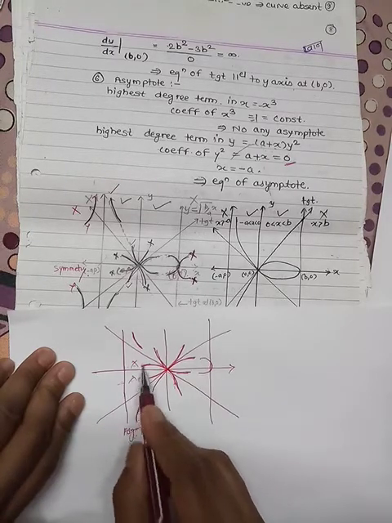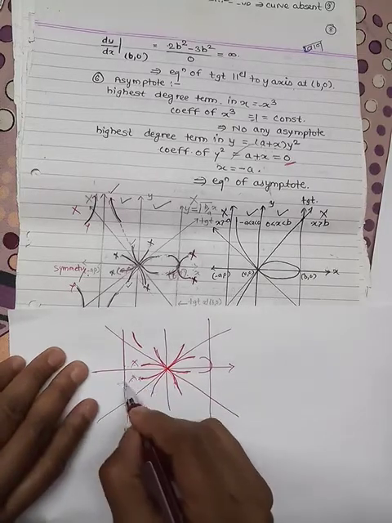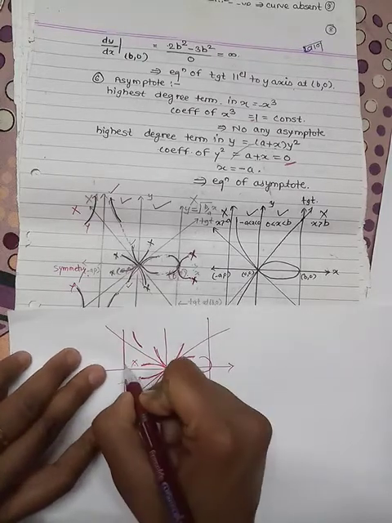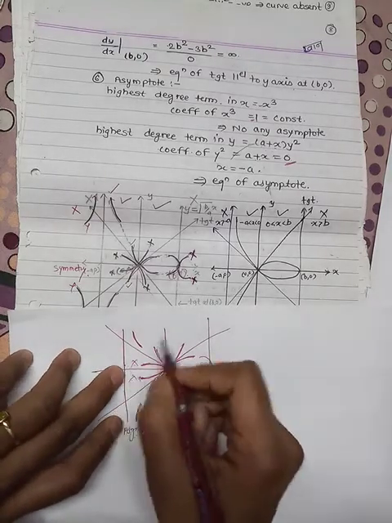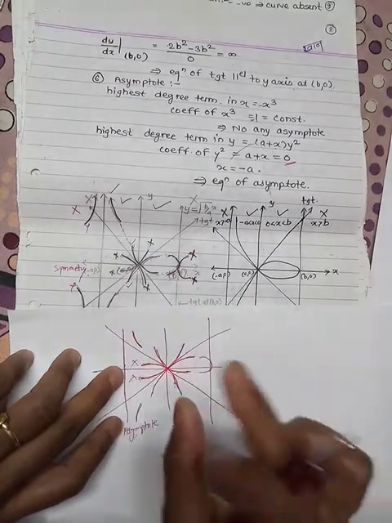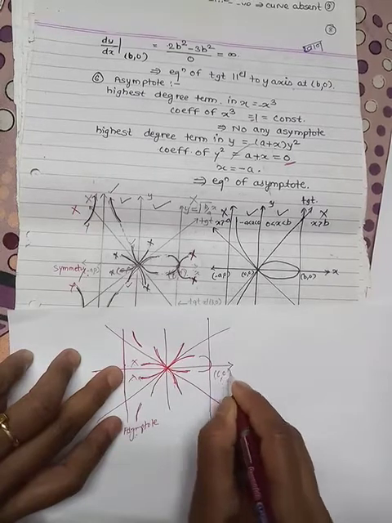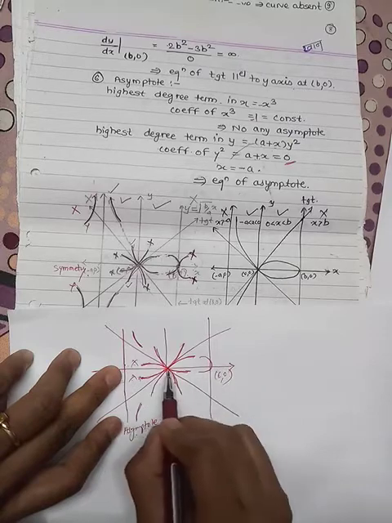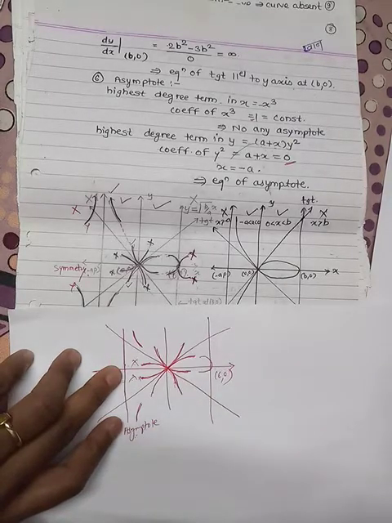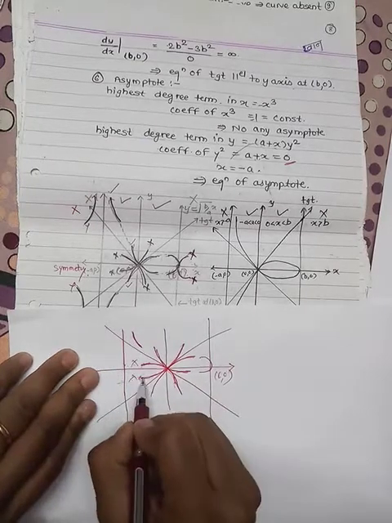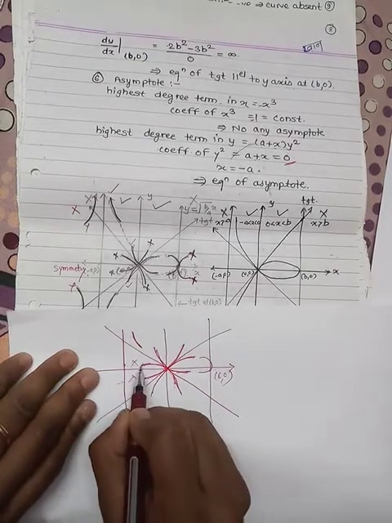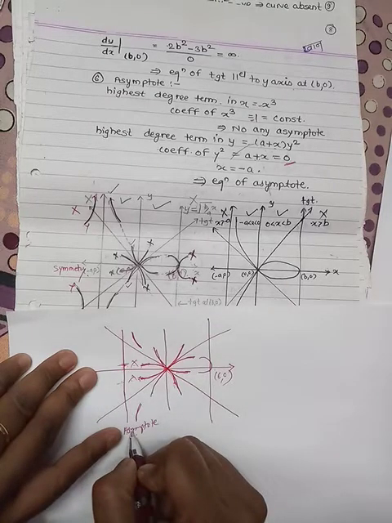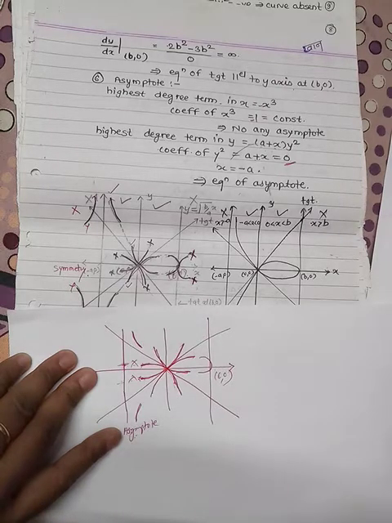So here this curve doesn't intersect this asymptote, because if it intersects, we get an intersecting point. But in this example, the intersecting points are only two, the 0, 0 point and the b, 0 point. So there is no other intersecting point than these 2 points. Hence we have to cancel these 2 parts, because if we extend them, they will intersect this asymptote, and by the asymptote definition the curve intersects only at infinity, not at other points.